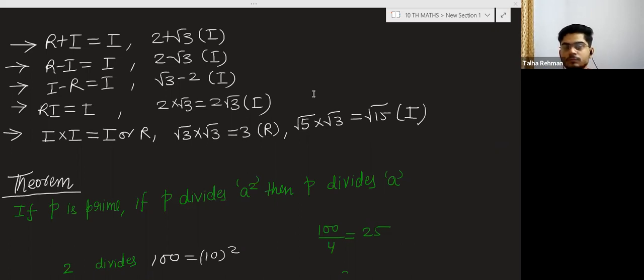If you add 2 rational numbers, then you will get a rational number. You can take the example like rational numbers. Okay,